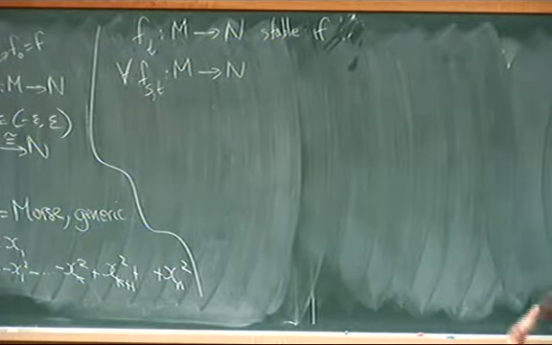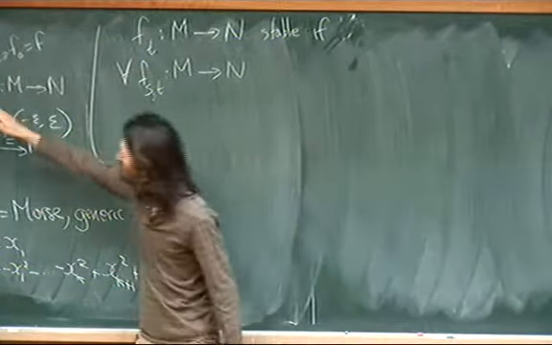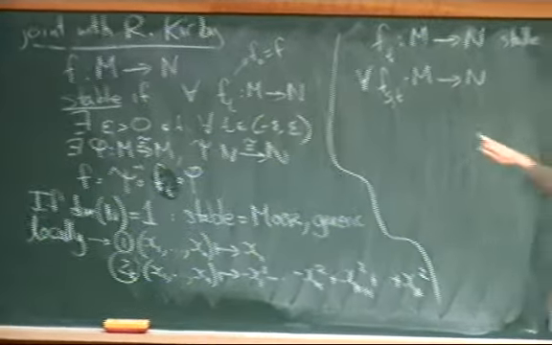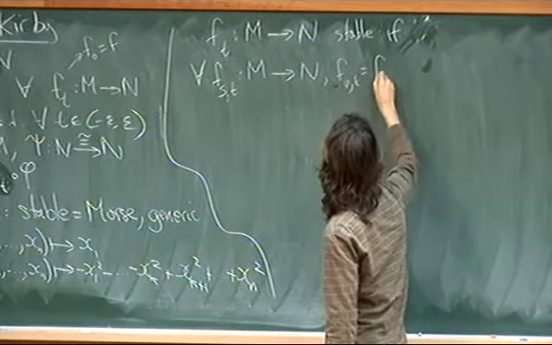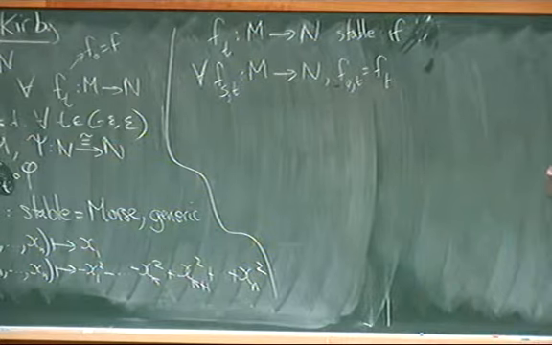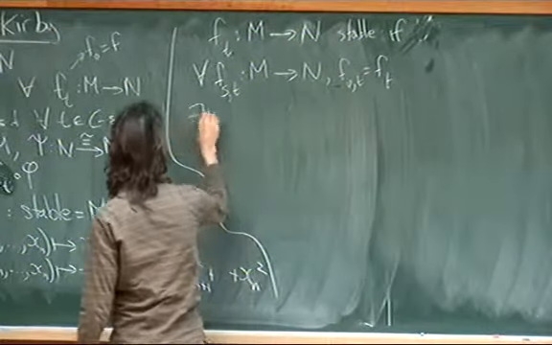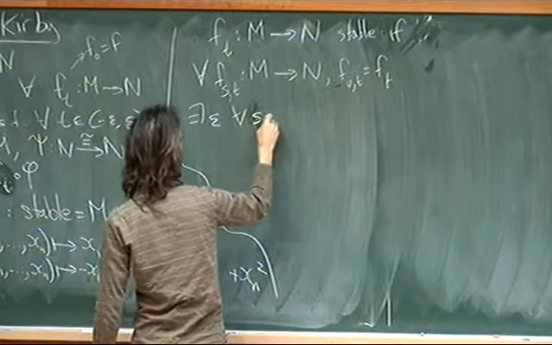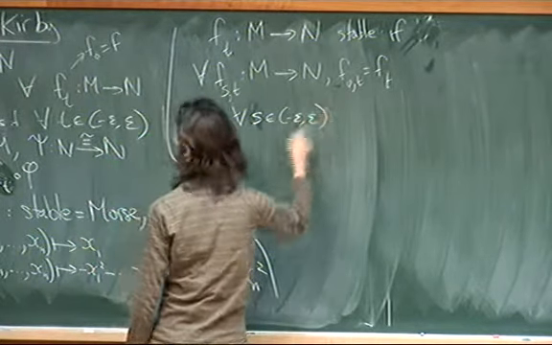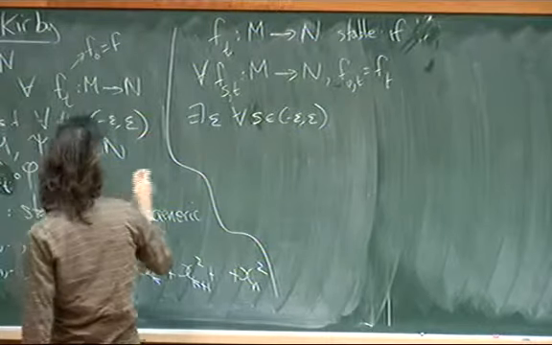Okay, in that case, in other words, I was talking about a perturbation of f, right? So similarly, I want to talk about a perturbation of this homotopy. So f sub 0 t is equal to f sub t. Right? Then again, I'm just going to say there exists an epsilon, and then for all s between minus epsilon and epsilon, there exists some,